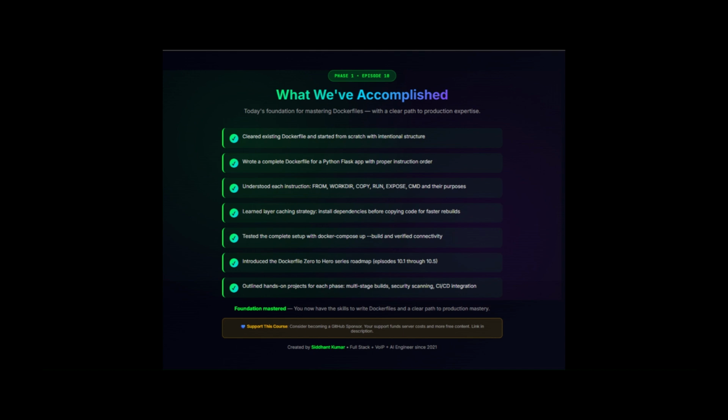Tested the complete setup with docker-compose up --build. Introduced the Dockerfile Zero to Hero series roadmap. Episodes 10.1 to 10.5 outlined hands-on projects for each phase of the series. You now have the foundation to write Dockerfiles and a clear path to master them for any language or